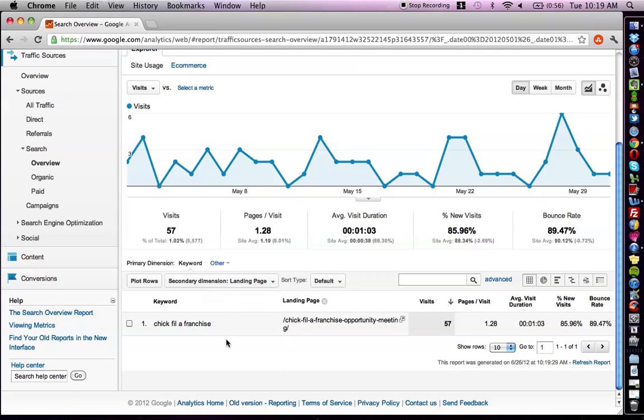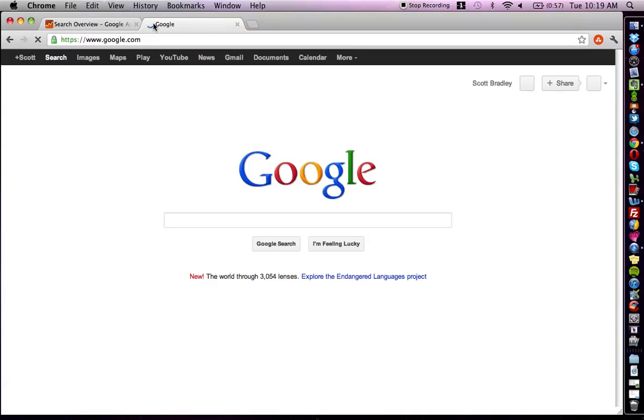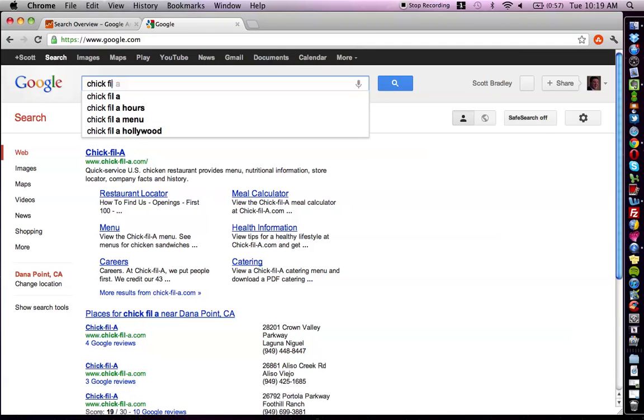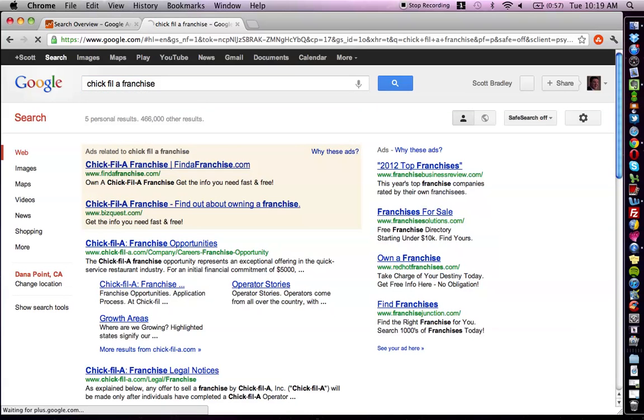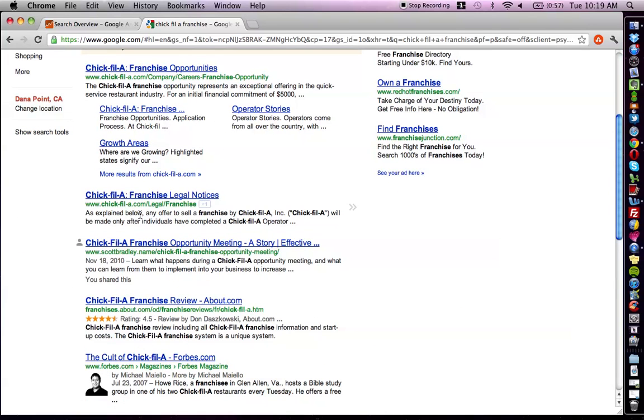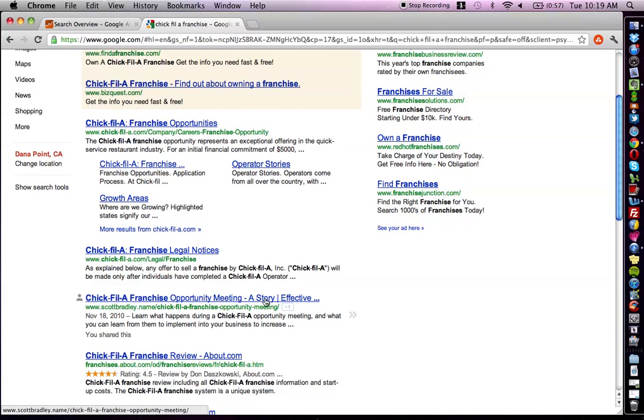So, as you can see here, this keyword is primarily driving the majority of the traffic to Chick-fil-A franchise opportunity meeting. So let me just show you how that shows. Let's see, Google, Chick-fil-A franchise. So there's my article right there. Third listing from the top, Chick-fil-A opportunity meeting. So when you click that, let's just click it right now,